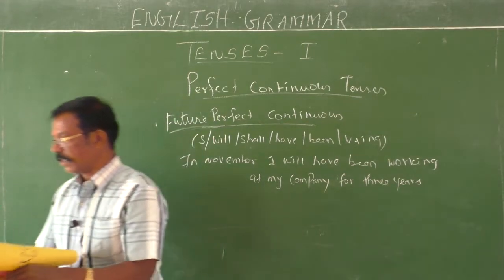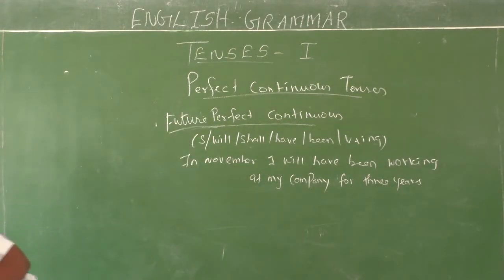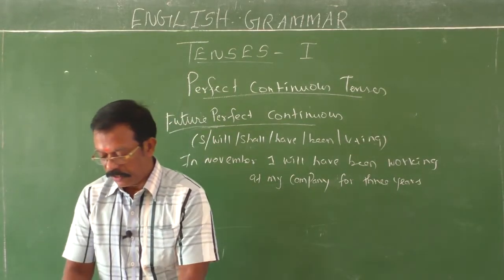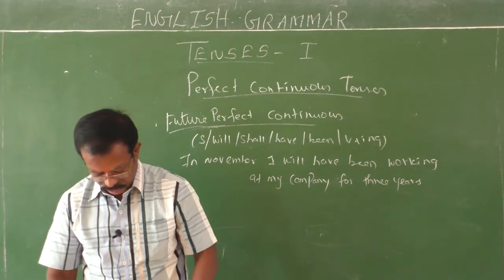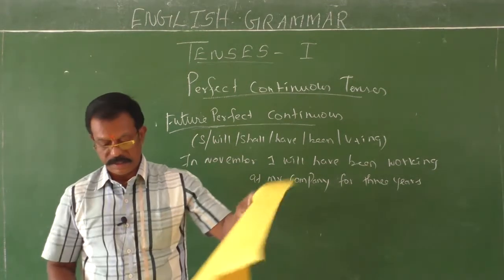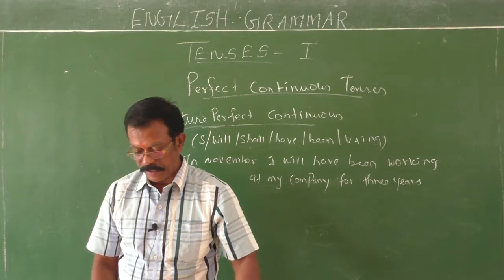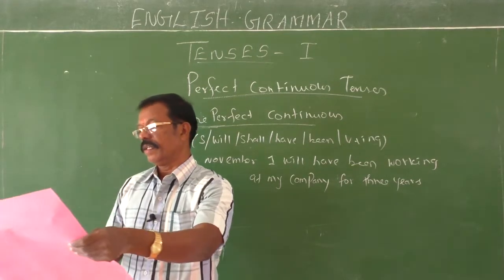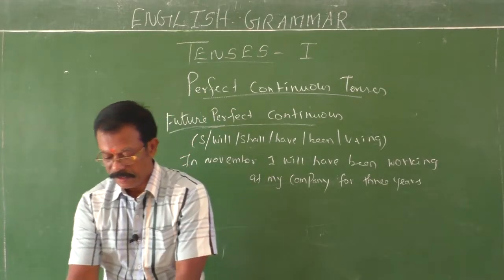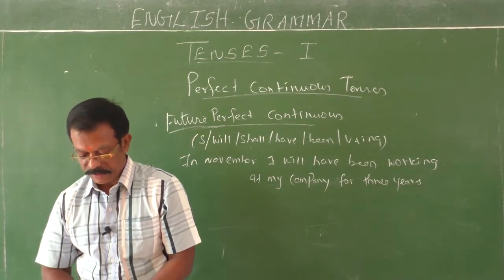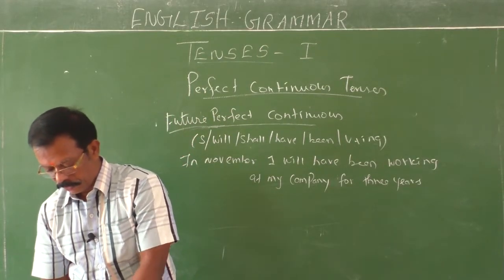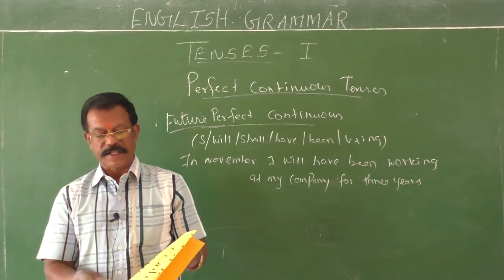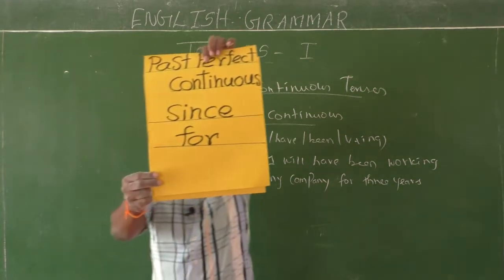The key words. Here I have brought some charts to show you the key words. It will help you to understand the keywords so fast. Modal verbs, be verbs, and then do verbs, have verbs. What are the key words here? I'll show you one by one. See, past perfect continuous keyword, since and for.